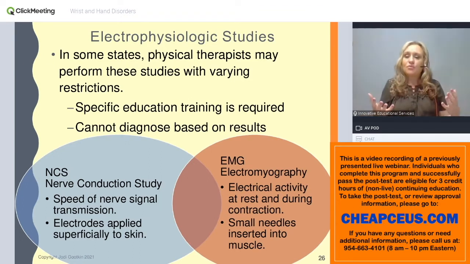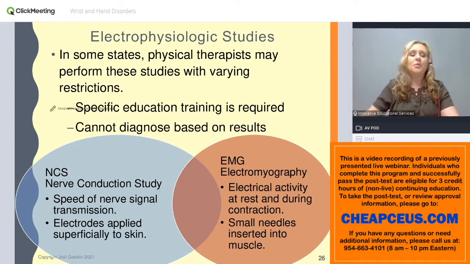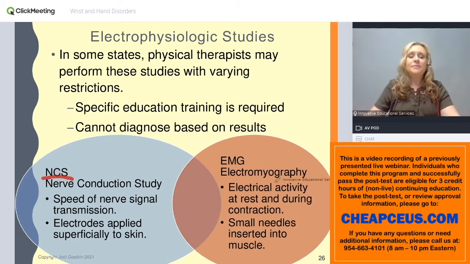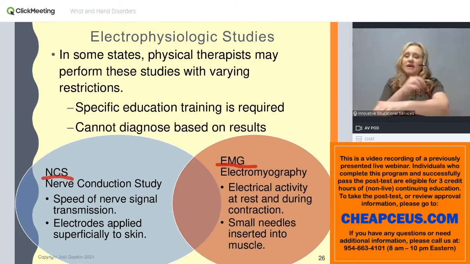This is now our umbrella term that is going to incorporate our nerve conduction studies, previously referred to as nerve conduction velocity, with the surface electrodes that are going to be placed to read how quickly the impulse is sent down the nerve to give an idea of where there might be compression that's limiting function. And then EMG, electromyography, is looking at that needle electrode in the muscle to actually sense that activity and response